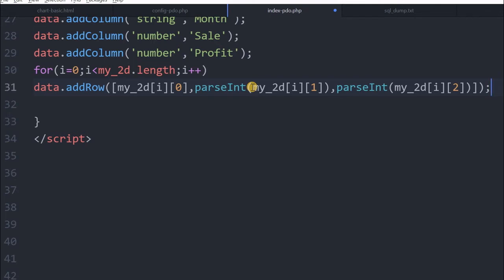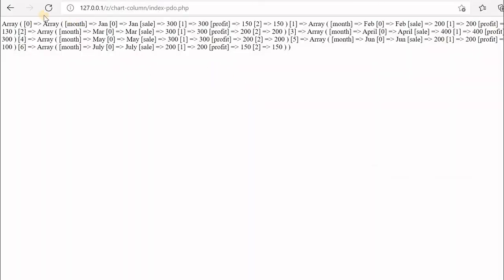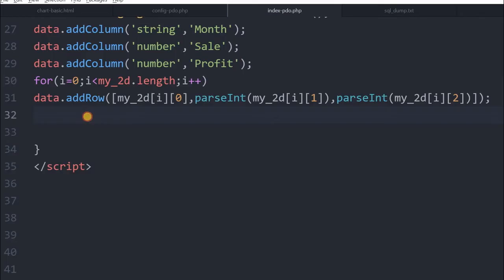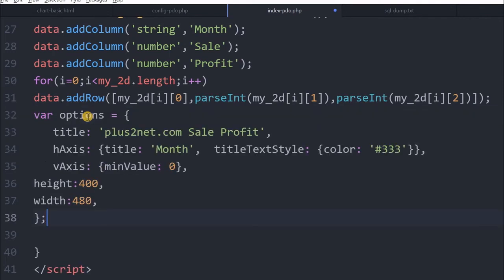Now we have added the data to it. Let's save it and check once more whether any error is there, because otherwise we have to rework again. So far it's fine, no error. We'll go back again. I will be adding some options here. Instead of typing all, you can understand this is a variable I am declaring. It gives the options. The title, whatever title I want to write, is here. You can write your own text. Then the horizontal axis title, font style and color I am mentioning here. Minimum value, whatever it is, I am mentioning. Then I am specifying height and width. All these are kept under the variable options. We'll see how we use the options.